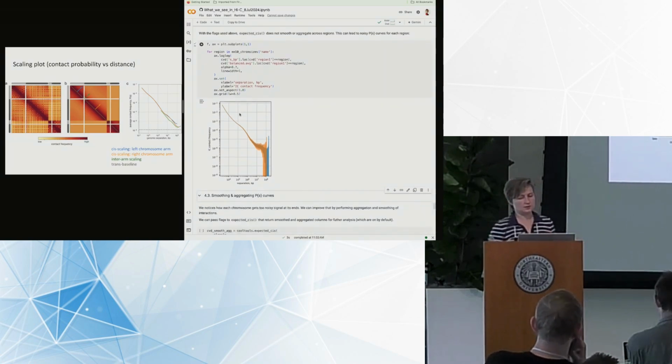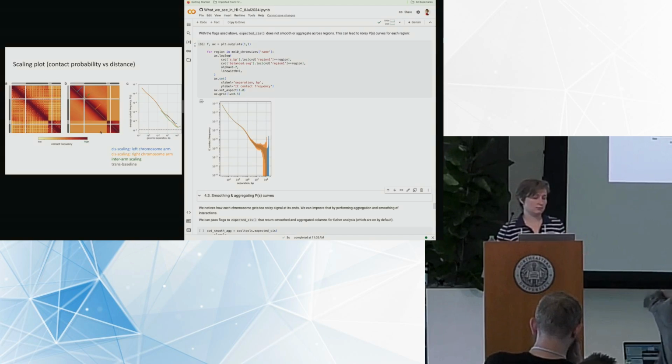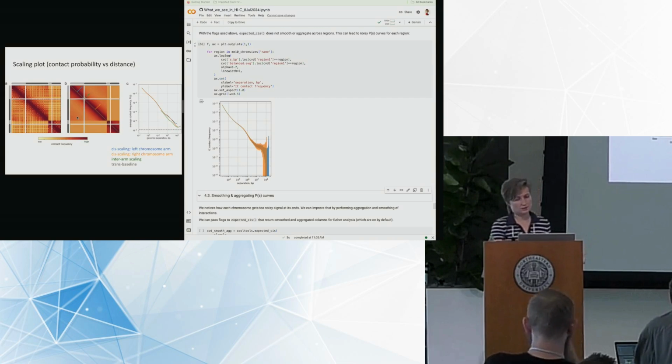In this case, you can see that there are not really nice features of these plots. They are getting more noisy towards the end of the chromosomes, and they're fluctuating pretty much at the ends of chromosomes. Why so? Because taking diagonals very far from the main diagonal will be noisy and sparse, and to